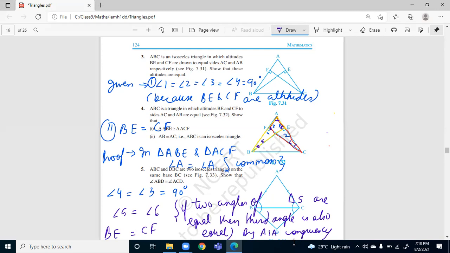So everyone please complete it, then we will proceed to the next question, number 5. The things which you have to follow for triangles or lines and angles: write given, then write what you need to solve, draw the diagram, then write proof, or solution, whatever. If you want to prove, then write prove. You can write solution if you want to find the values, and if you want to show, you can write to show. Any word you can use.